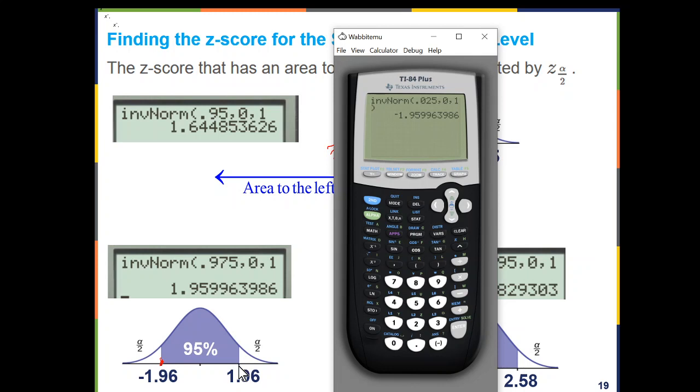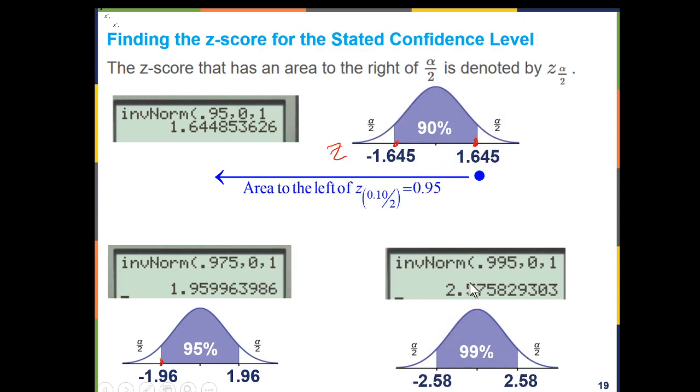And how do I find this one? Well, how much is to the left of this? That's 0.95 plus 0.025. I'm going to get the entry back, and I'm going to do 0.95 plus 0.025. That's how much is to the left. I don't even do the calculations by hand. And then 0 and 1 are the mean and the standard deviation. 1.96. Okay, so that's how you find that z that we're looking for, which is the z alpha over 2,